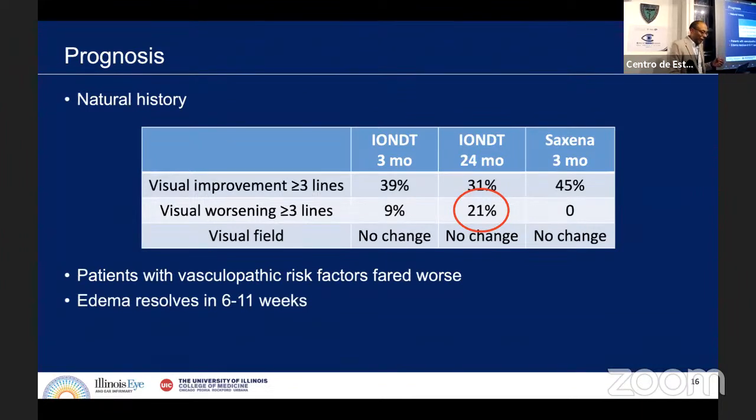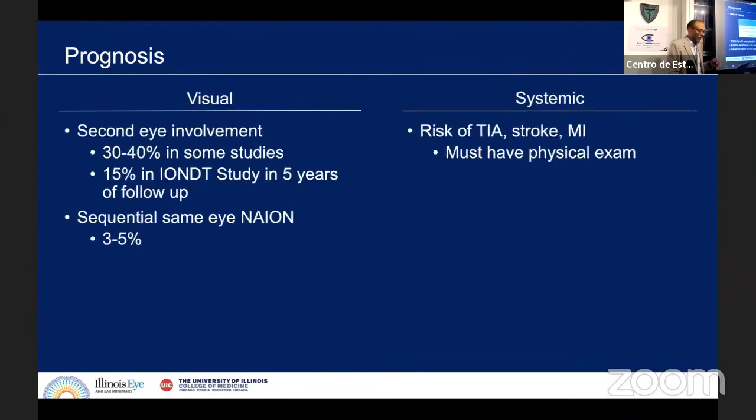So vasculopathic risk factors make things worse. The edema resolves in 6 to 10 weeks. They tend to develop pallor, but not cupping. It's something that I classically teach, but I've seen patients who get cupping from that. The important thing, though, is that there's a high risk of this happening in the other eye, 30 to 40%,